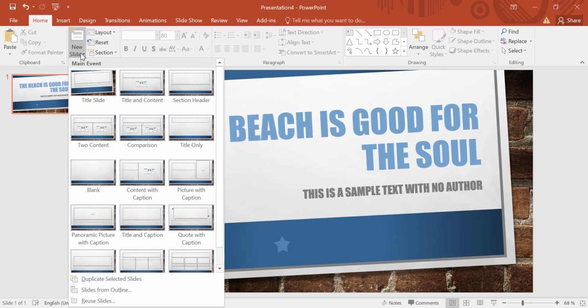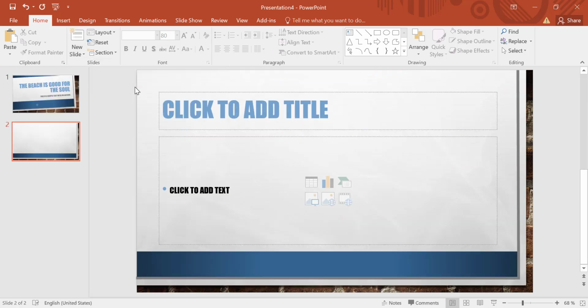These are the various layouts. We have Title Slide, which is the one we are currently using. We have Title and Content, which is going to give us content below the title. Then we have Two Content. So let's begin with Title and Content, for example. I have Title and Content, and you can see